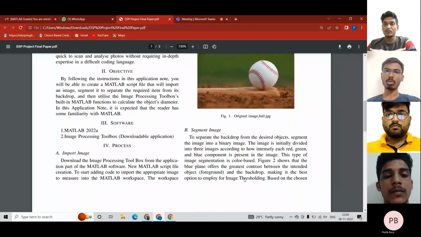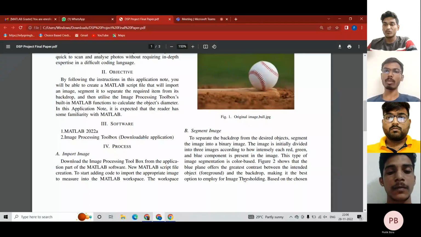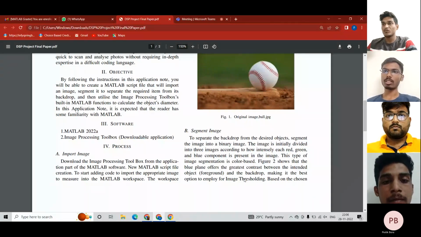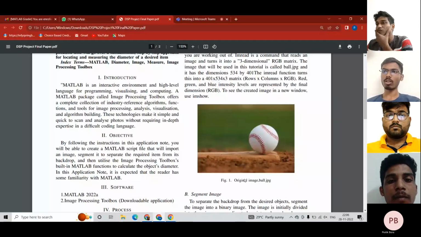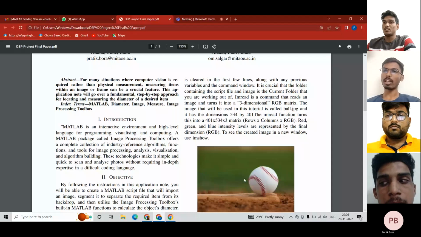I'm going to cover the process of measuring the diameter of an object within an image. So the first process is to import the image. First, download the Image Processing Toolbox from the Apps section of the MATLAB software, and then create a new MATLAB script file. Then start adding the code to import the appropriate image to measure into the MATLAB workspace. The workspace is cleared in the first few lines along with any previous variables and the command window. It is crucial that the folder containing the script file and image is the current folder that you are working